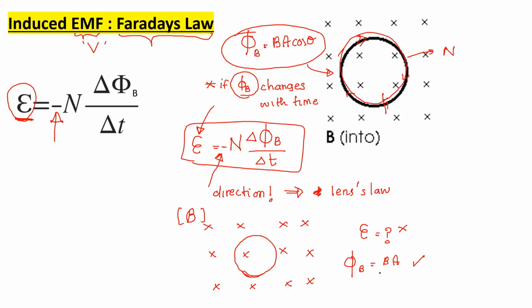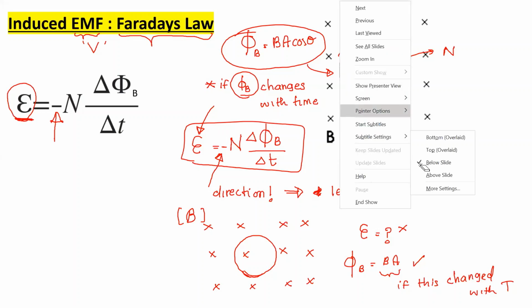So if this changed with time, then you will have an EMF. But right here, your flux is a constant, right? B times A. Even after 5 minutes, it will still be B times A. Flux doesn't change, no EMF. Okay. Now my next example is,